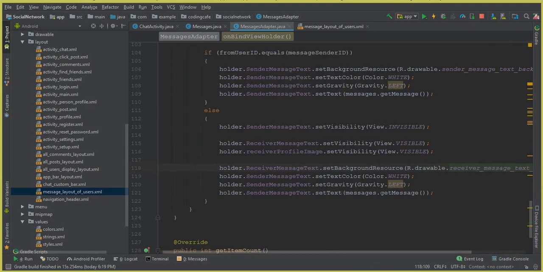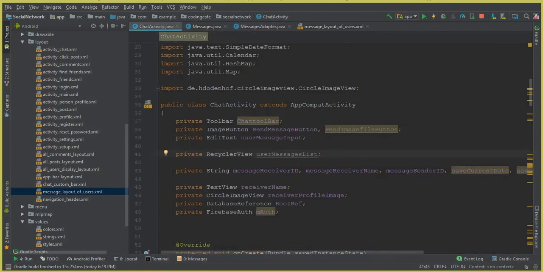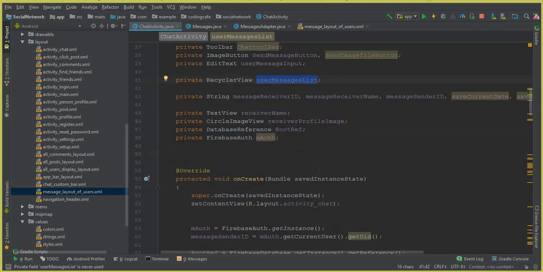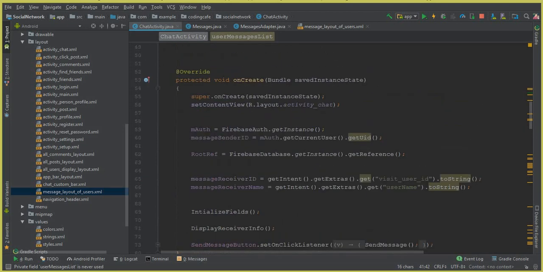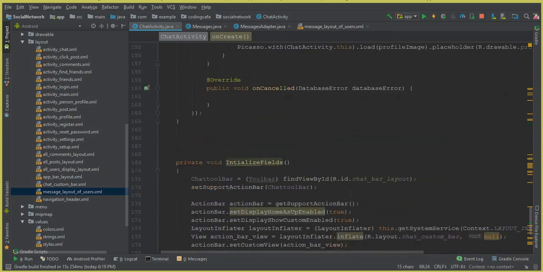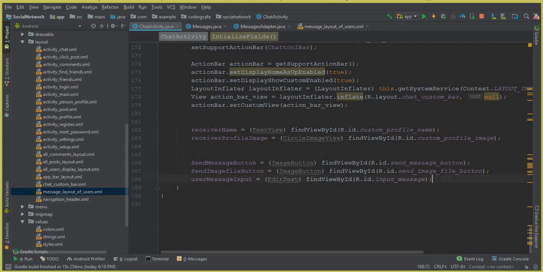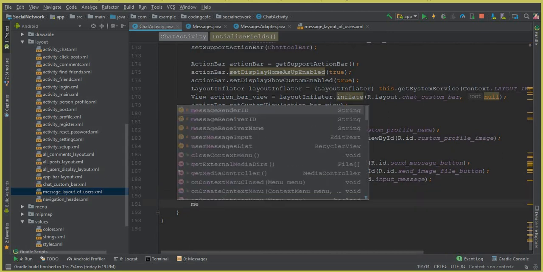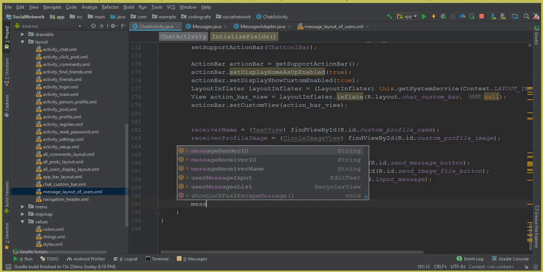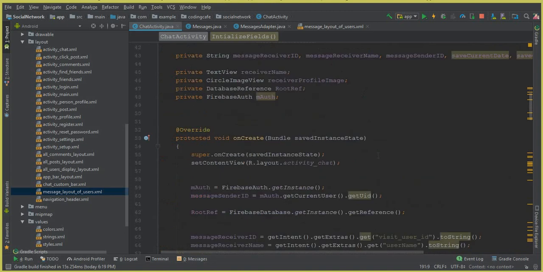So yeah, that's it. And now the next thing is to go back to the chat activity and display all our messages on our recycler view. So this is our user message list, we gave it a name. First let's cast this inside our initialize fields method. So go to the initialize fields method, and at the end we can say message. First we have to add our messages class and the message adapter class. So come here above